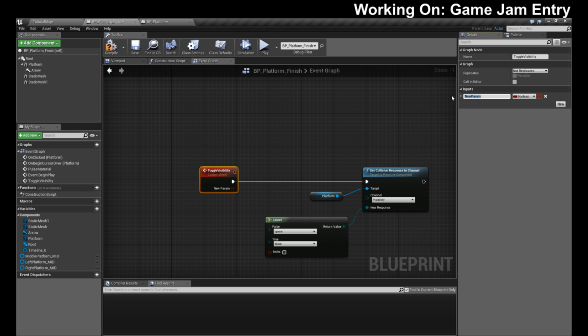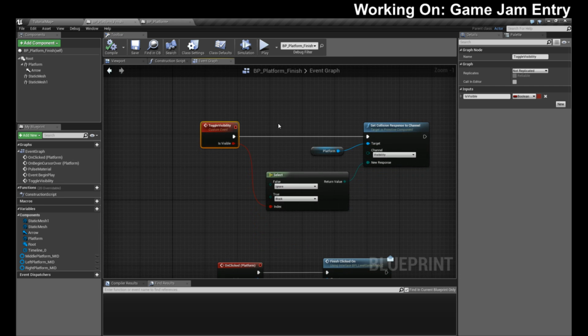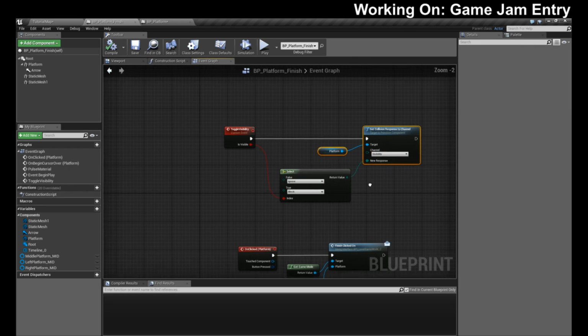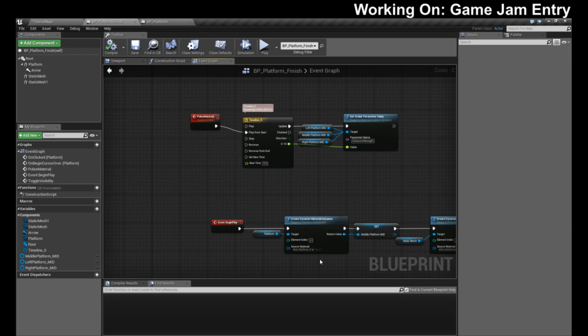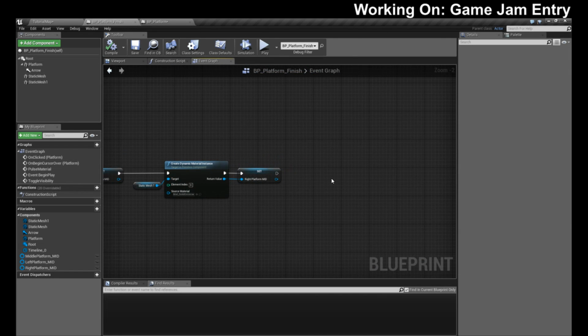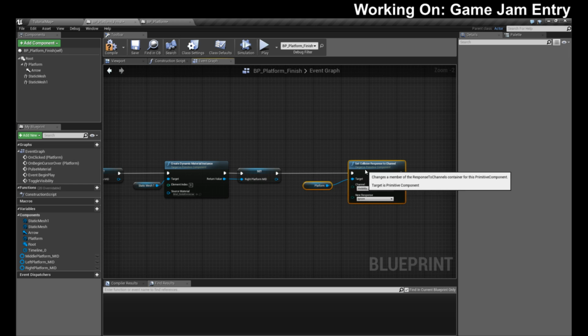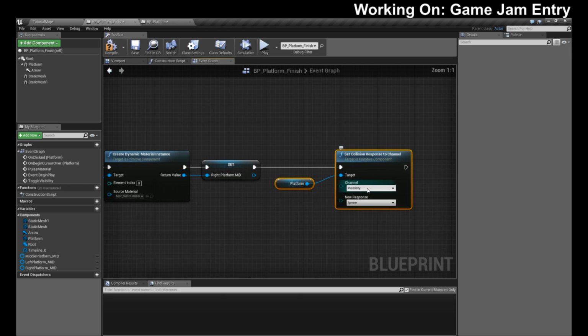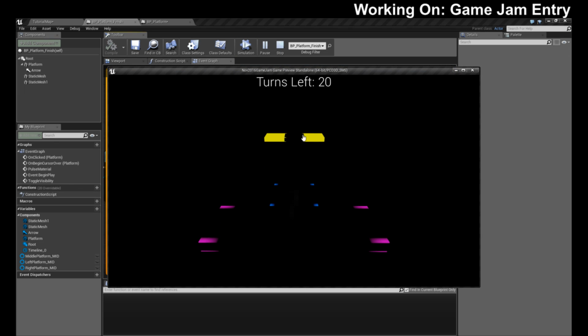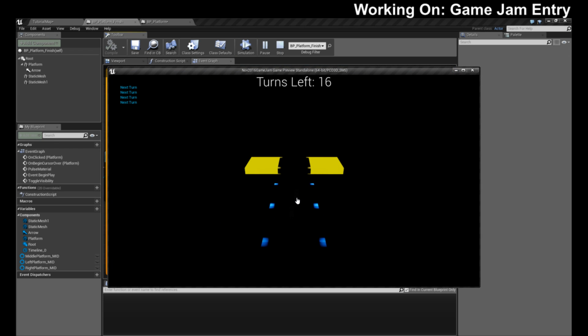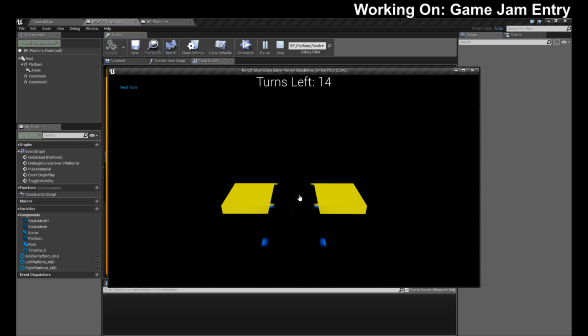And this is visible like that. Okay. And then we want to set this on the begin play. Just in here somewhere. After all that stuff. Set this to channel visibility. Ignore. Okay. No. So that one shouldn't trigger. Okay, we got that fixed. And next to it, we should be able to trigger now.